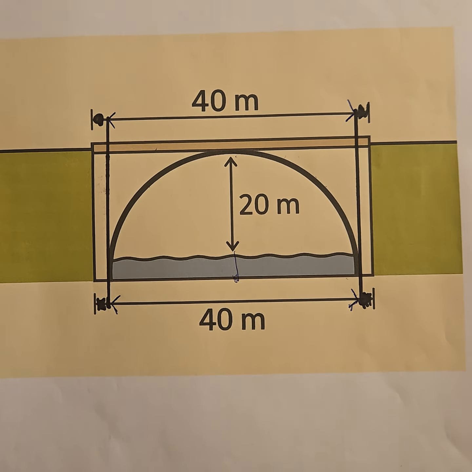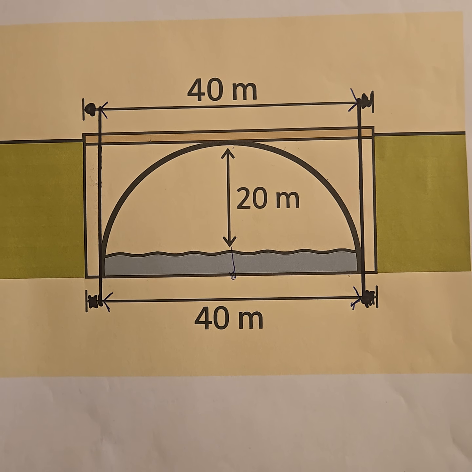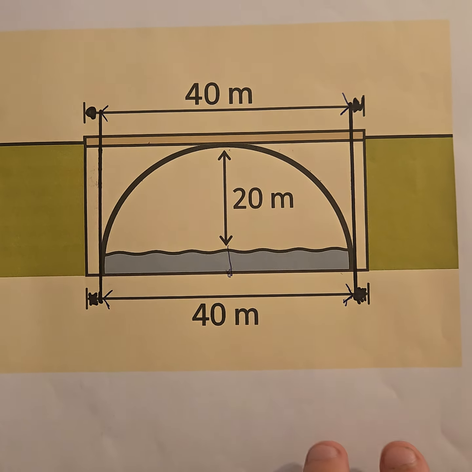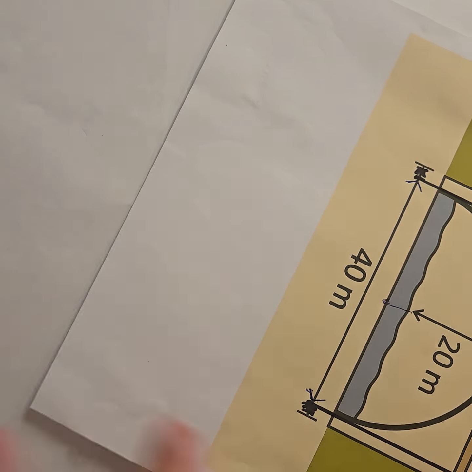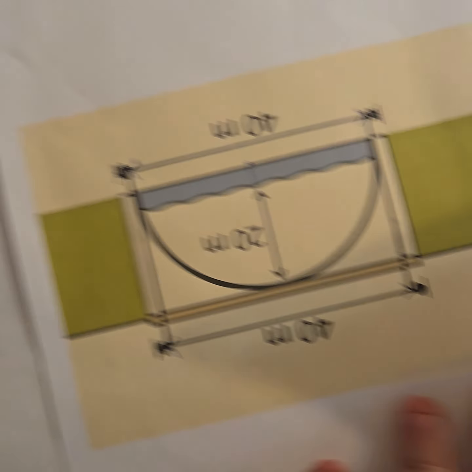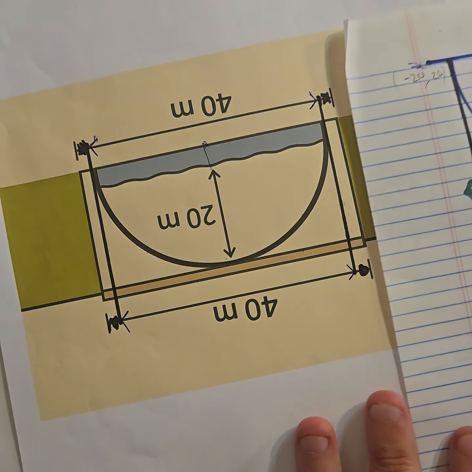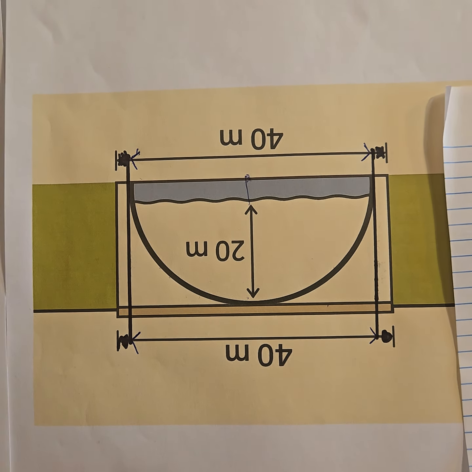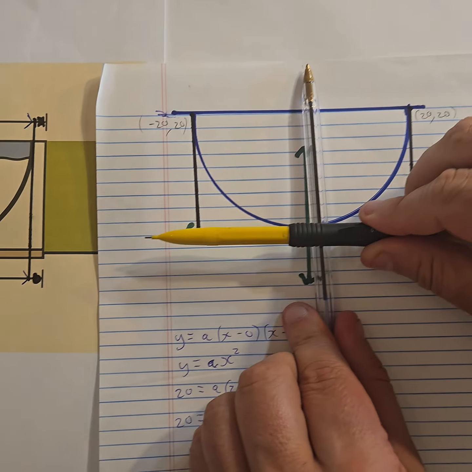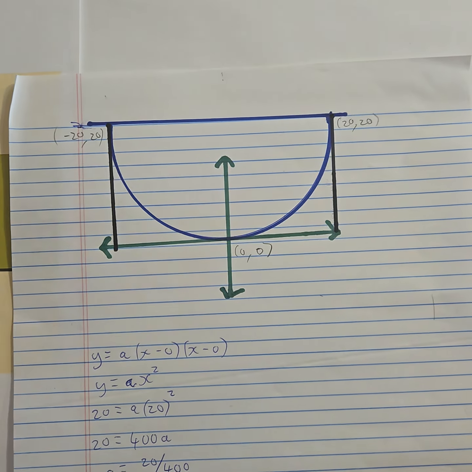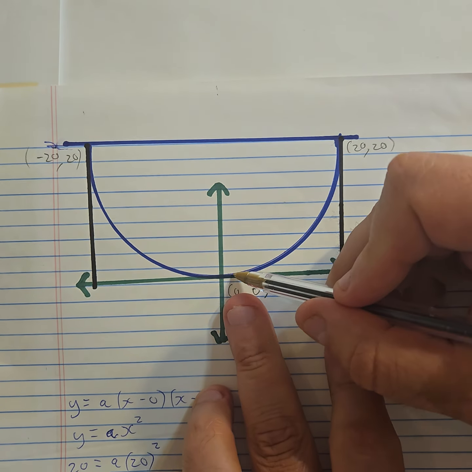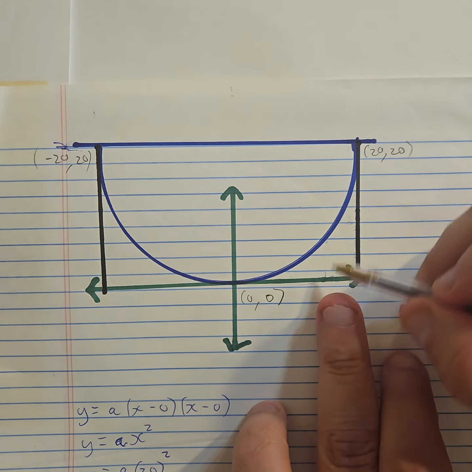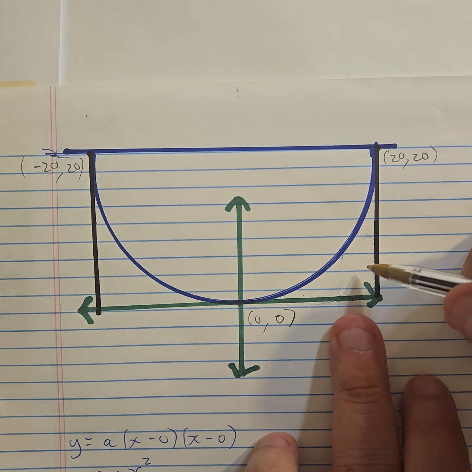I'm going to solve it two methods to show that there's many ways of doing it. Here, this part one, I'll do one method, and part two, I'll do the other method. What I'm going to do for mathematics, I'm going to turn this bridge upside down or invert it. And there's another diagram of the bridge, and we're pretending this is an XY plane, okay? And that's the shape, and I'm going to find an equation that relates the X to the Y. That means at any given point, we can find out what that distance is.